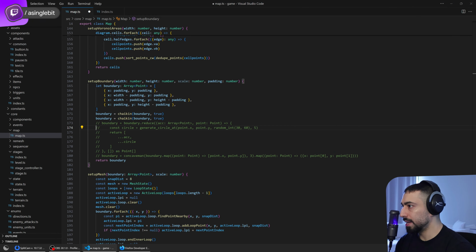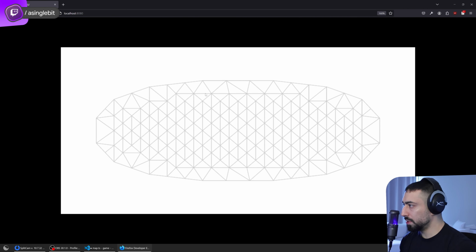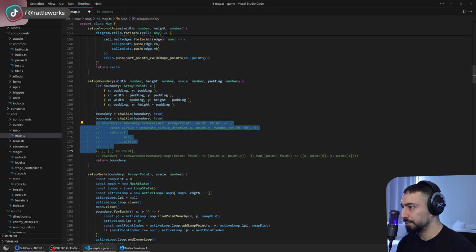We smooth it out, and then because I also want the map to be noisy on the edges, I don't want the map to be a nearly perfect ellipse every time we play. So the solution I came up with is basically to go through each of the points on the boundary, and maybe